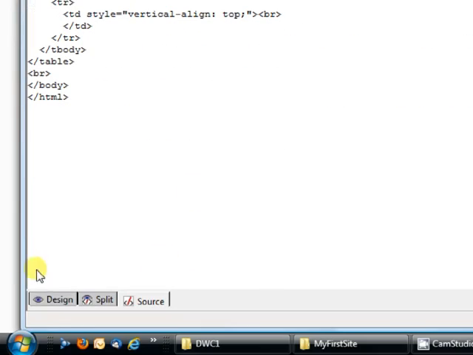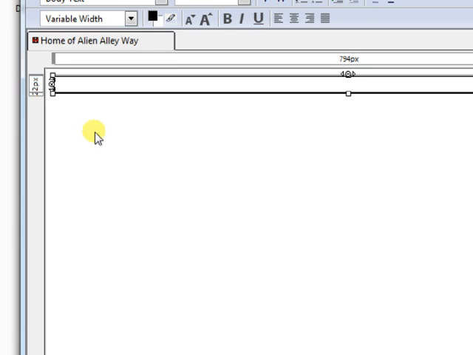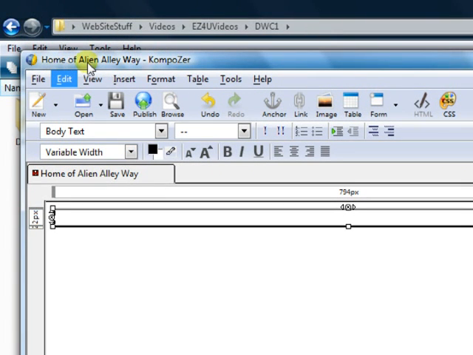And now let's go to design, and we see that Home of Alien Alleyway, we have a title up there now, and we have this little red icon here that shows we haven't saved this. So let's hit Control S,